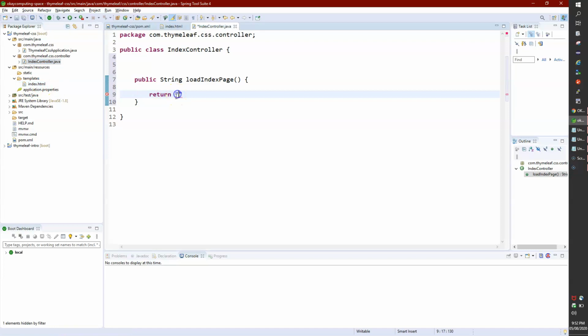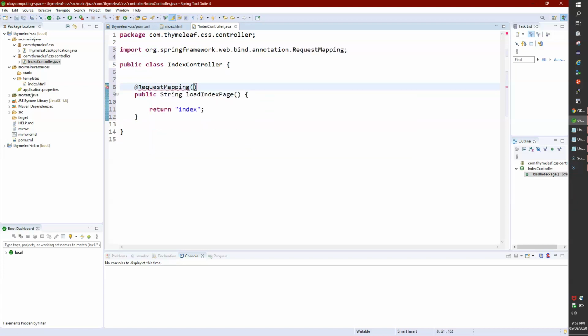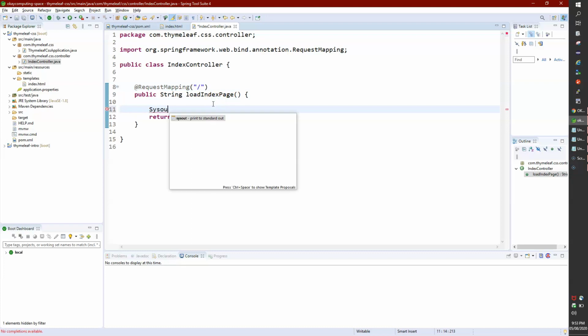Here it is index, so I'll return index. We have to mention the request mapping to handle the URL. The slash means the root of this page. If you have a slash in the URL, it should load the home page of this application.